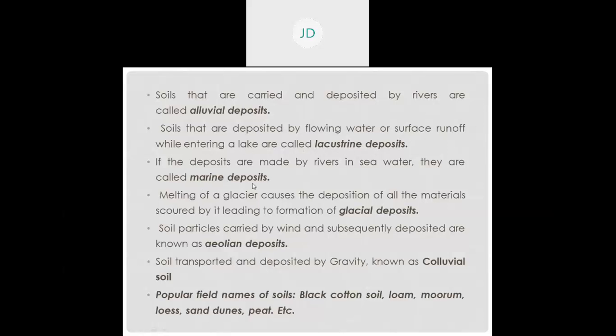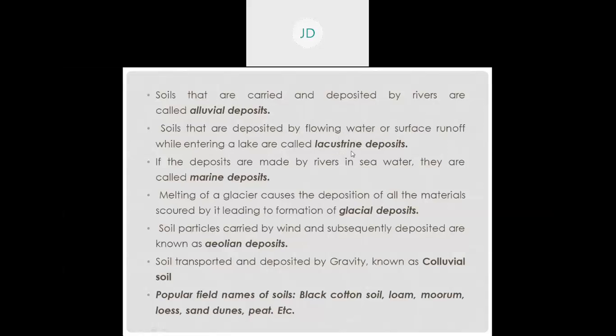Wherever the marine deposit you will get in seawater. If the rock particles carried by the water or by the river are deposited in the sea, then those deposits are known as marine deposits. And if the rock particle or soil particle transported by river water is deposited in the lake, that